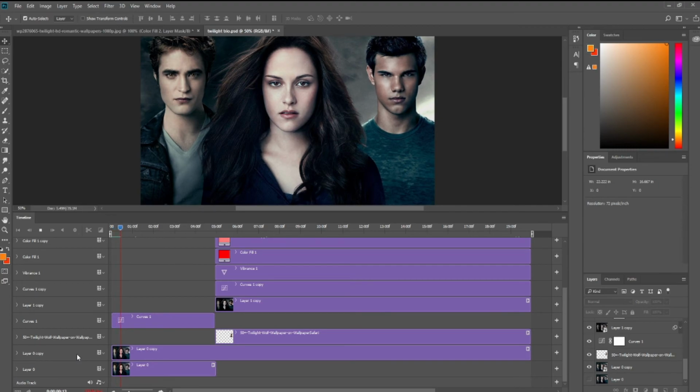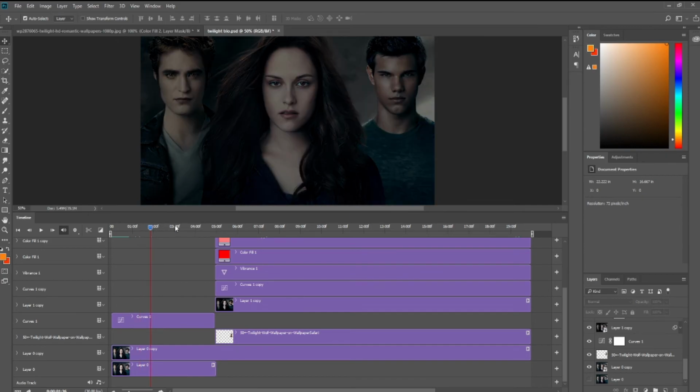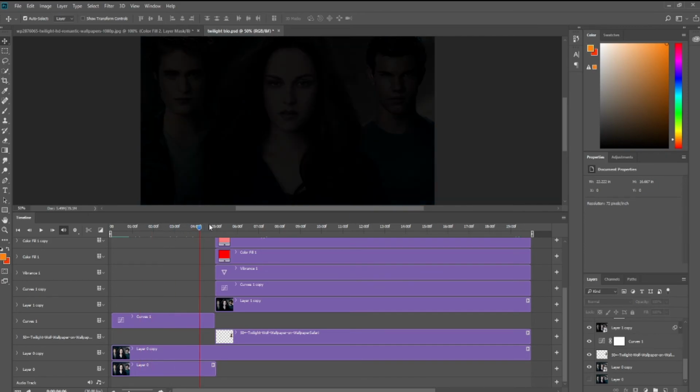As you can see, the curve layer will gain its opacity from 0 to 100 as the timeline moves further. Let me drag it fast. As you can see, it will gain its opacity nearly to 100 at the last point of the curve layer.